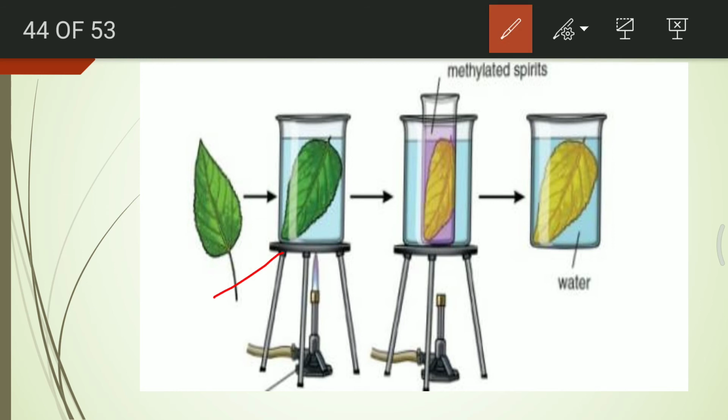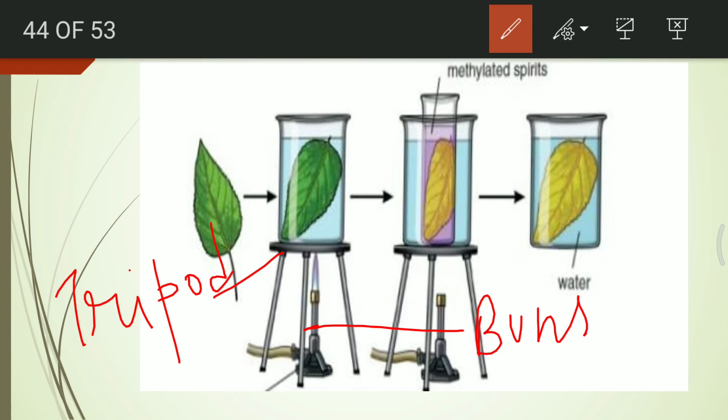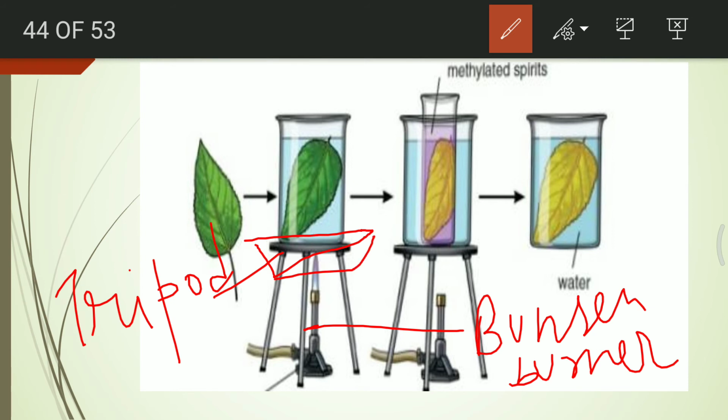So this is that tripod stand which I was talking about. This is the Bunsen burner. You can see the flame coming out from it. So it is a Bunsen burner. Wire gauge is placed at this place. It is a rectangular box, or not a box, a sheet kind of thing. And over it we place this beaker. The beaker is filled with water.